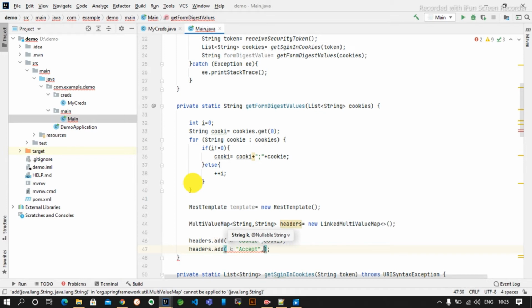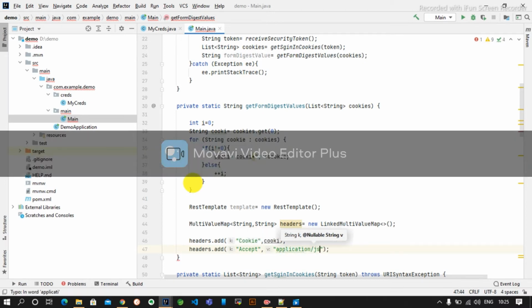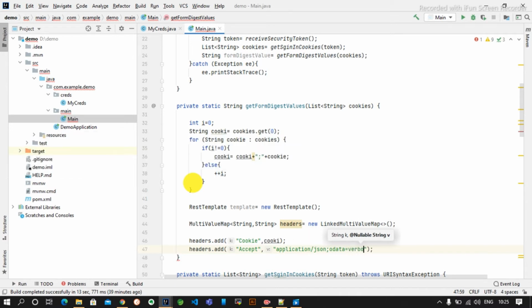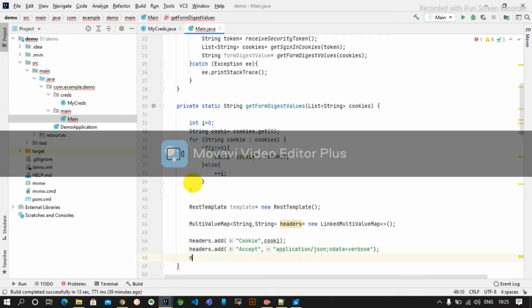In my case I will be using application/JSON. We will use another parameter, that is OData. OData is equal to verbose. If you go to the Microsoft documentation, they specify that you need to use this OData equal to verbose along with this application JSON.